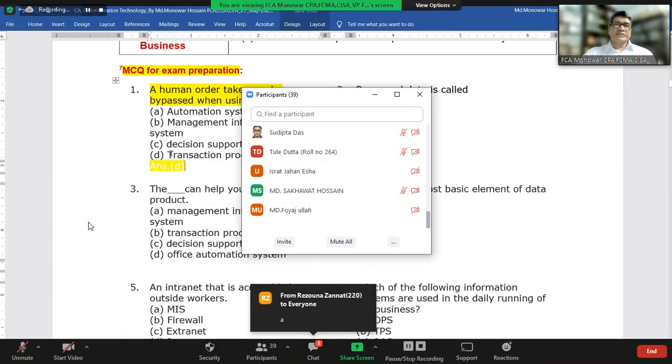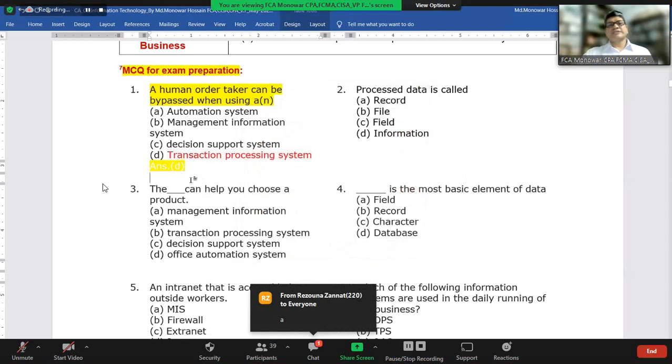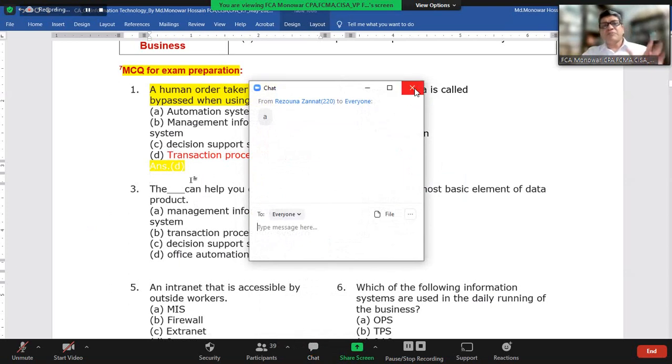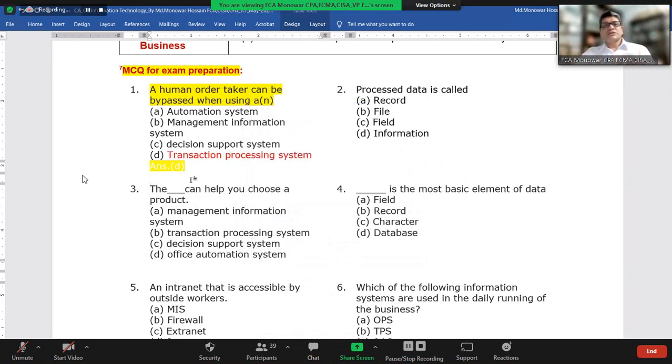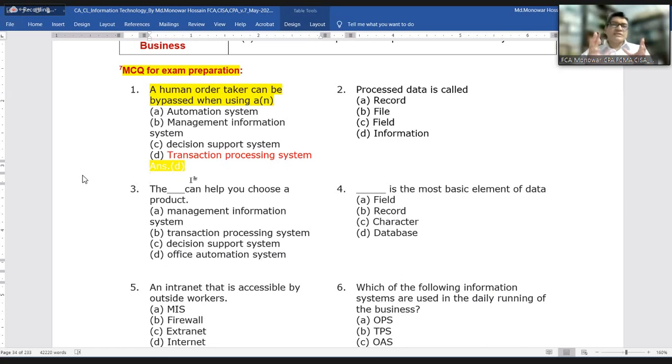But the real answer is transaction processing system. So what is that? A human order taker can be bypassed when using a transaction processing system. The answer is more or less similar, but the real answer is transaction processing system. And if we go to number 2,